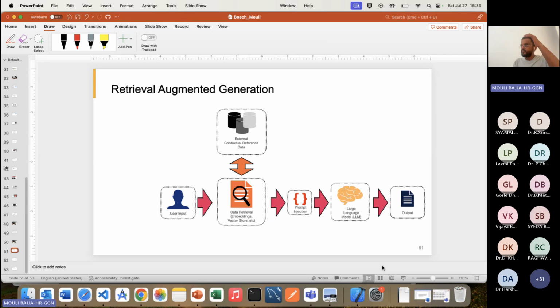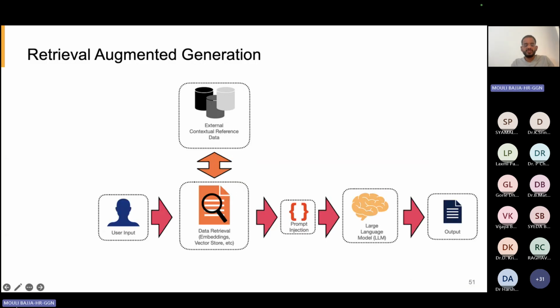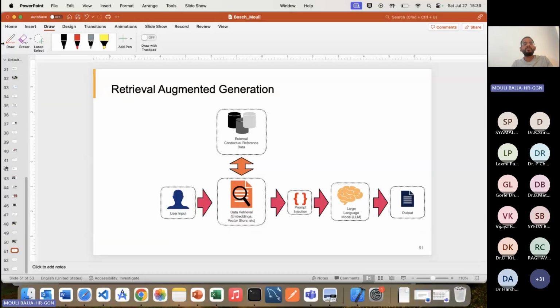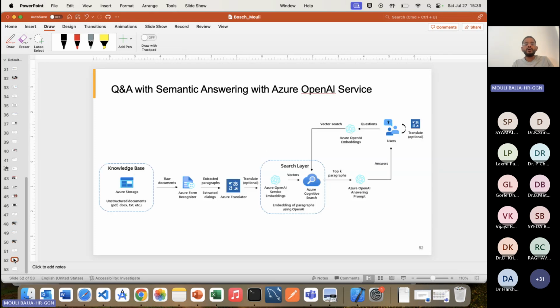Now, what happens when you use these pre-trained models? So you process your text. The context there should be your reference text. You provide it to GPTs. So we use retrieval augmented generation. I will try to explain our pipeline at a very high level. Or why not I explain this?